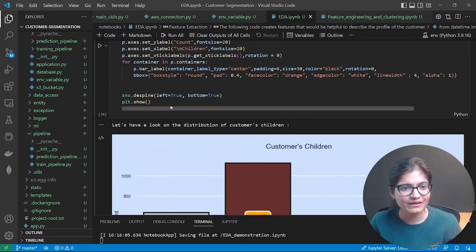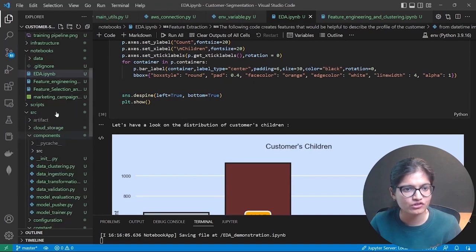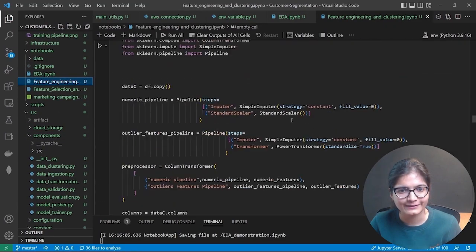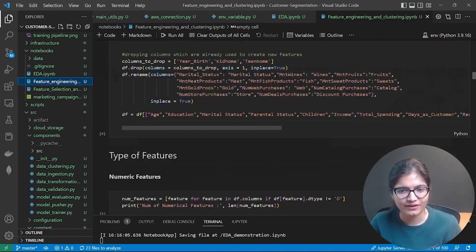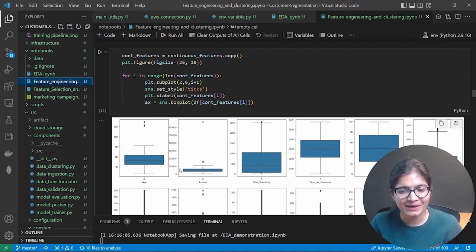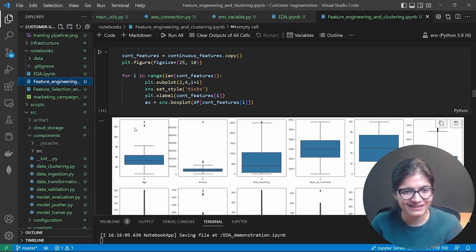After this EDA task, I can just show you, for demonstration purposes, in the feature engineering file, the outlier part, which I really want to show you. Yes. So here you can see that for every particular feature that we have, we are creating a box plot. Now this box plot will help me understand what outliers we have. I hope you can clearly see that these dots are what we can call outliers, and that is something which we need to treat.